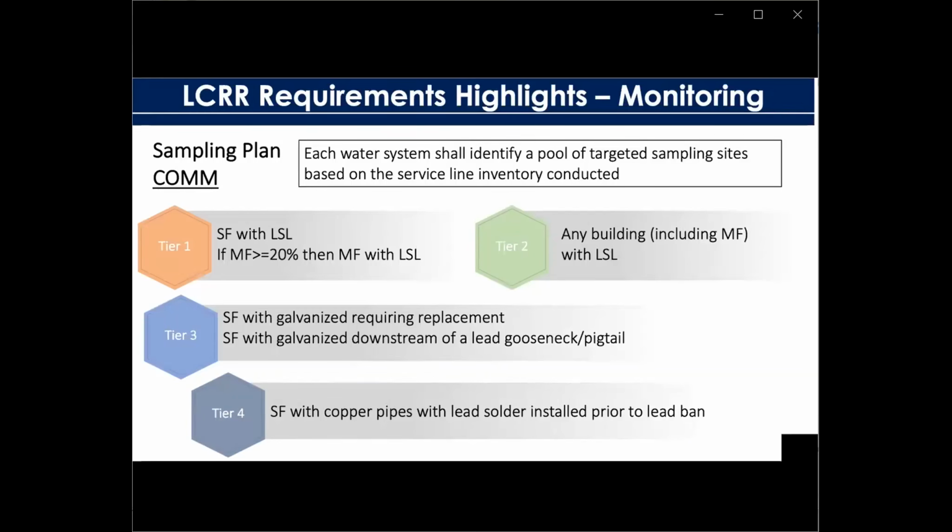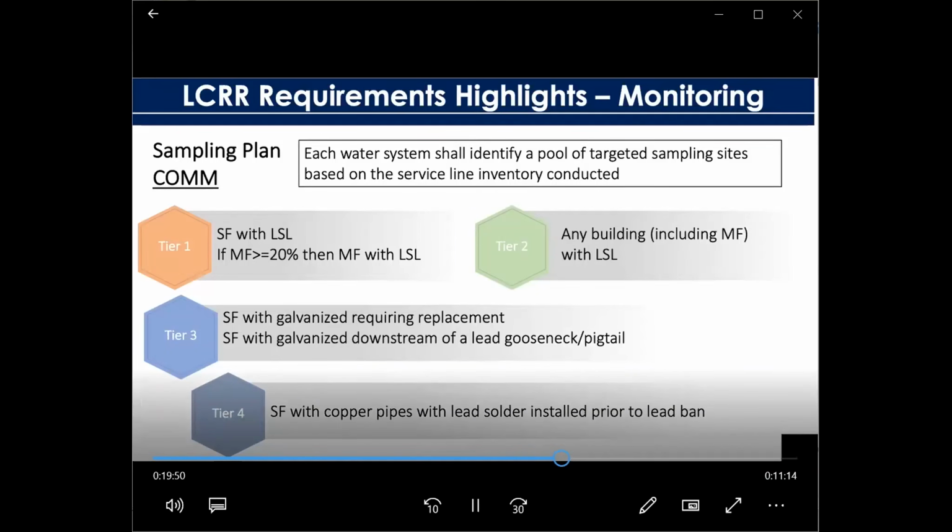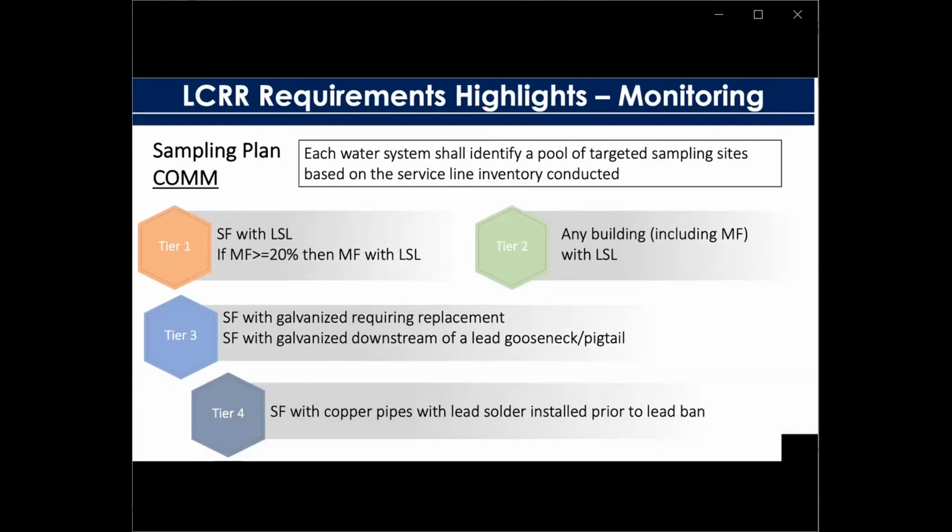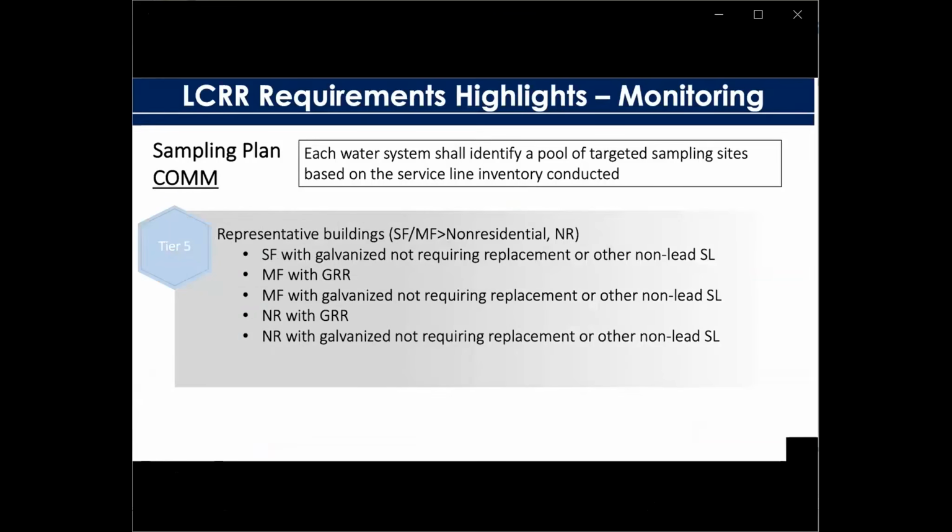Now, community water systems with insufficient Tier 1, 2, and 3 sites must use Tier 4 sampling sites, consisting of single-family structures that contain copper pipes with lead solder installed before the effective date of the state's applicable lead ban. Sites with unknown service lines must not be used as Tier 1, 2, 3, or 4 sampling sites. A community water system with insufficient Tier 1, 2, 3, and 4 sites must use Tier 5 sample sites consisting of